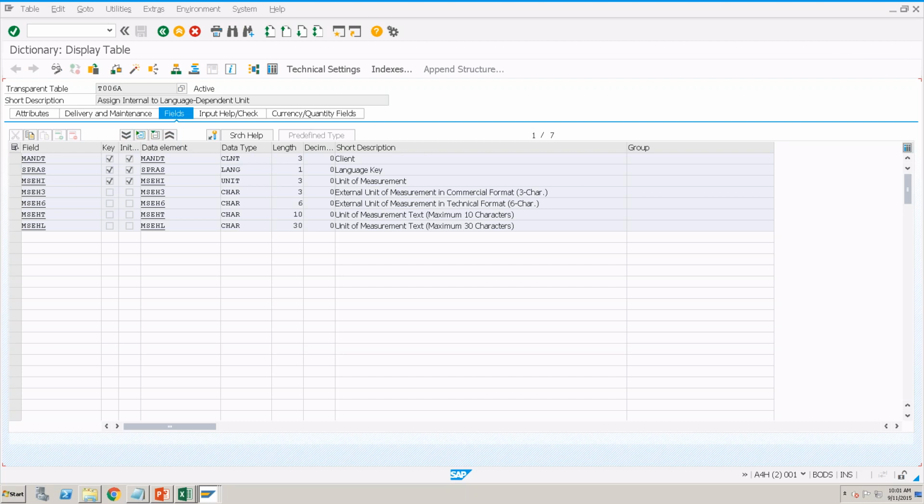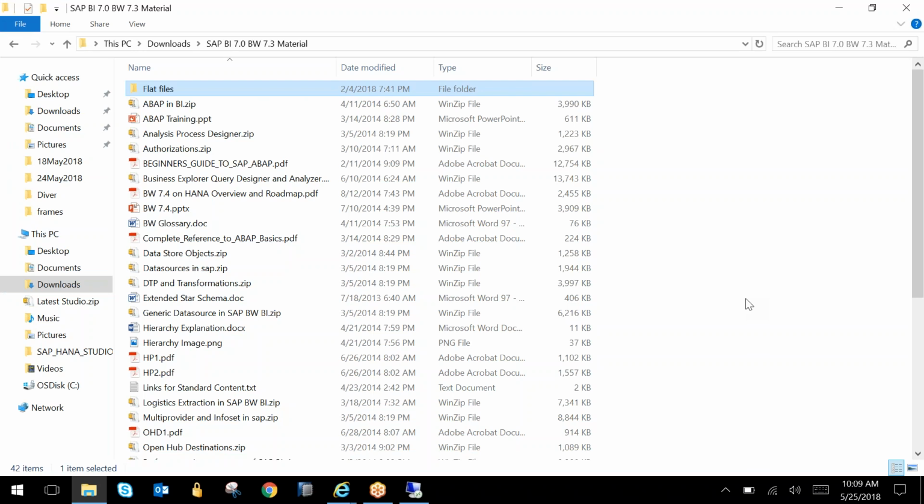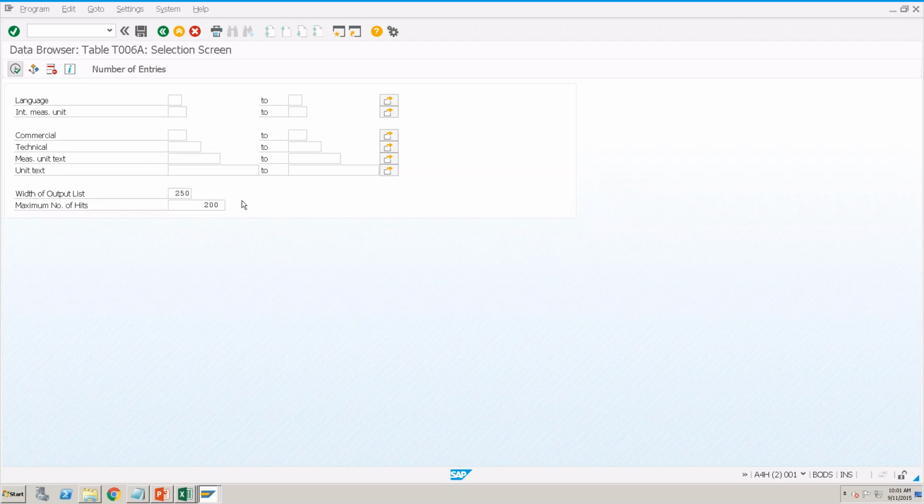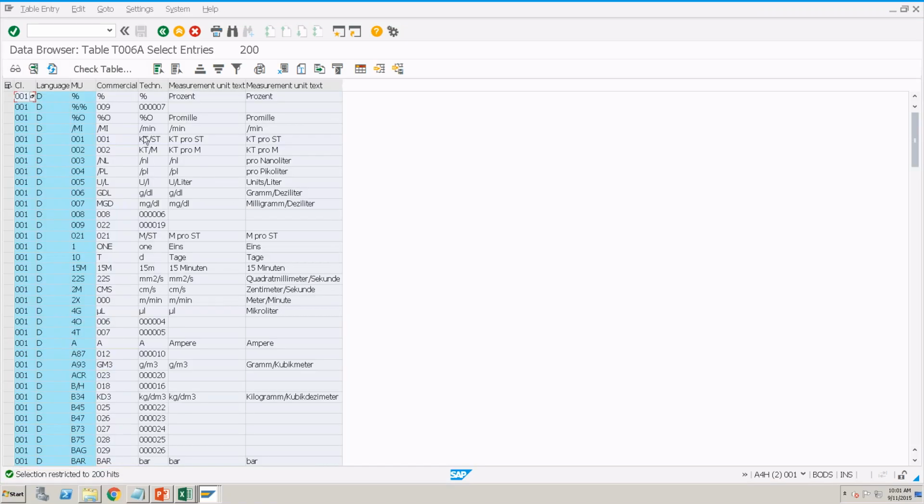In a similar fashion, T006A is a standard table for storing language keys information and UOMs information. Okay, now click on active button. Now click on execute. You can see the third column is nothing but your UOM, and you can have all these different UOMs